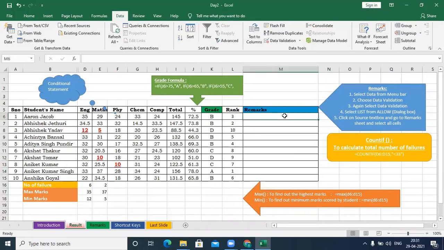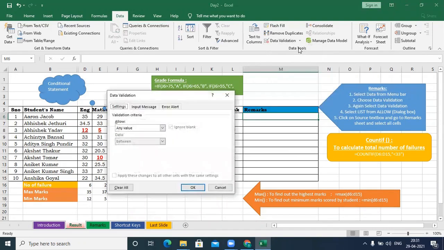Select the cell where you want to display remarks. Then there is an option, data on the menu bar. Click there. Go to data validation option. Click on this drop down arrow key. Again, you will get the same option, data validation. Now this dialog box will appear where you will find allow.